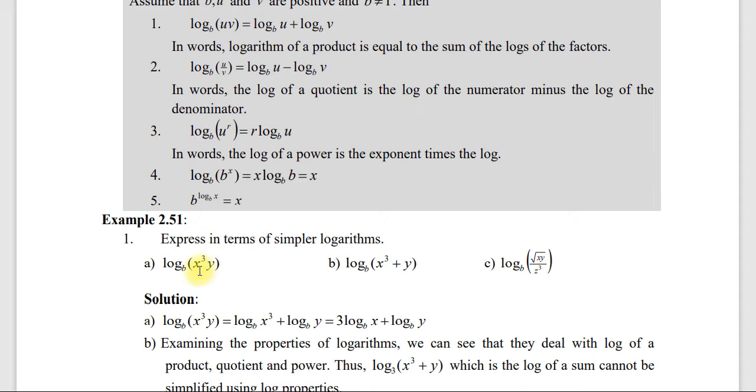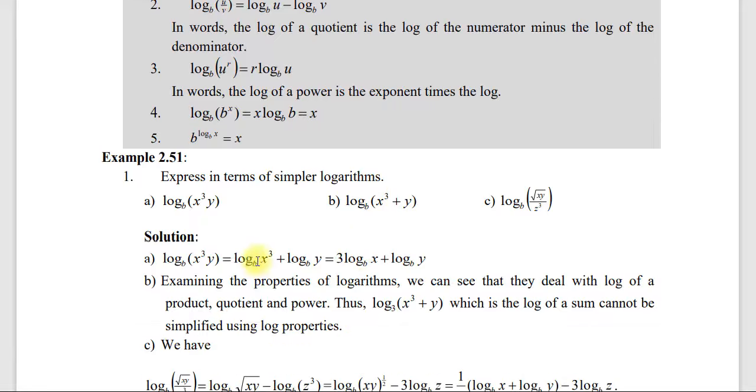log x cube y in base b, log x cube plus y in base b and log root xy over z cube in base b. አሁን እነዚህን ሶስቶችን ላይ በሰራናቸው ህጎች መሰረት መስራት። የመጀመሪያው ምን አለው? ኤክስፖኔንት አለው፣ ፕሮዳክት አለው። ስለዚህ የመጀመሪያ ፕሮዳክቱን እንስራ። ያ ማለት log x cube in base b plus log y in base b ከዛ ሲች ኤክስፖኔንት ወደዚህ ትመጣለች 3 log x in base b plus log y in base b አድርገን ሲምፕለር ፎርም ማስቀመጥ ቻልን ማለት ነው።